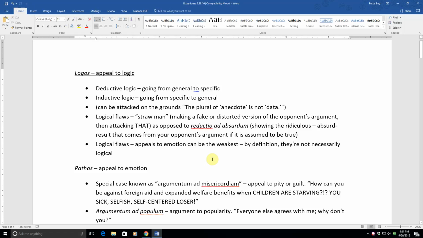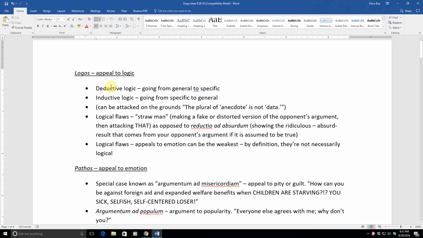Linneball from John Linneball Tutoring, and we are going to discuss some ideas about the SAT essay. The SAT is coming up on October 1st, which is a little more than a day from the time that I'm recording this. So the first thing you want to talk about in the SAT essay is logos, the appeal